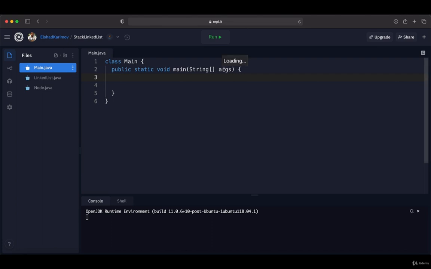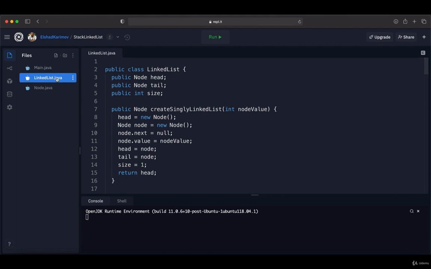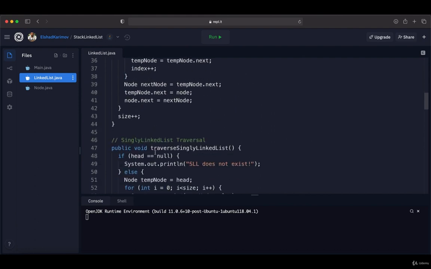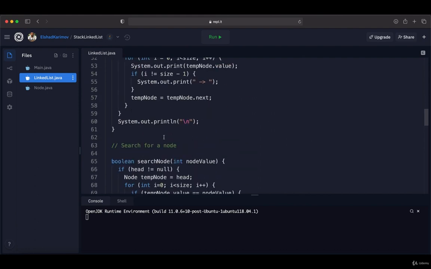Now in this lecture, we are going to create stack using linked list. Here we have linked list class like this. This is a linked list class that we created in our single linked list section. Inside this class, we have create single linked list method. We have insert in single linked list method, and we have traversal, which we are not going to use in